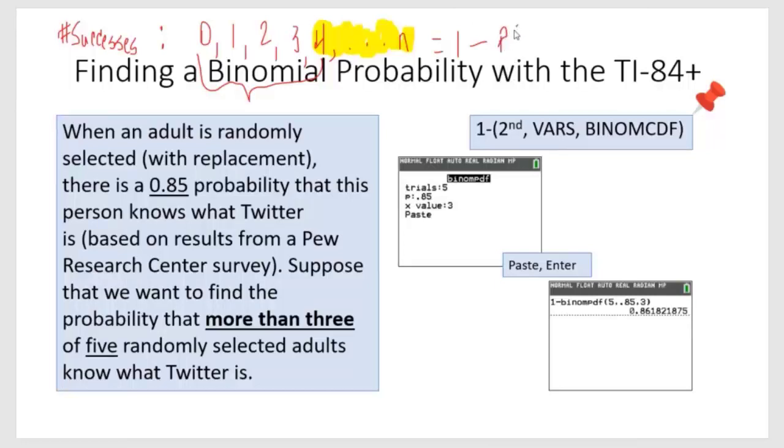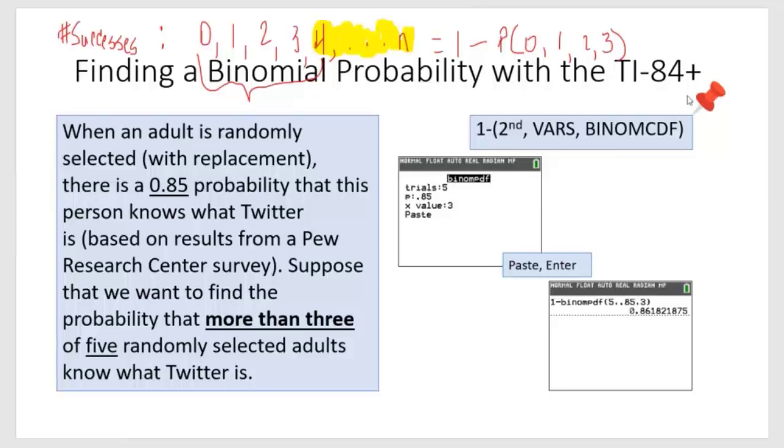So 1 minus the probabilities with 0, 1, 2, and 3 might be one way to say that. But in order to do that, the calculator will add these up for me if I use this CDF. Since I don't want the ones on the left, I'm wanting the ones on the right, I will do 1